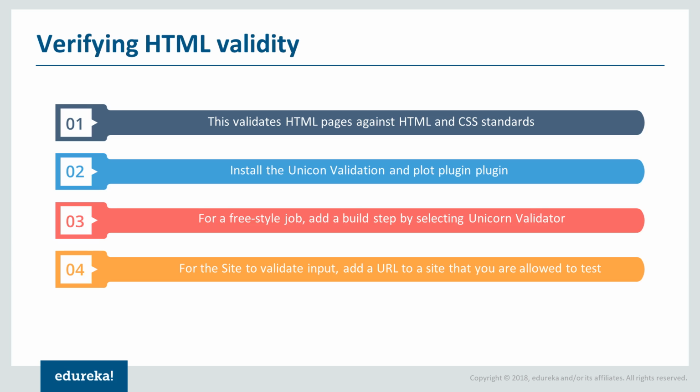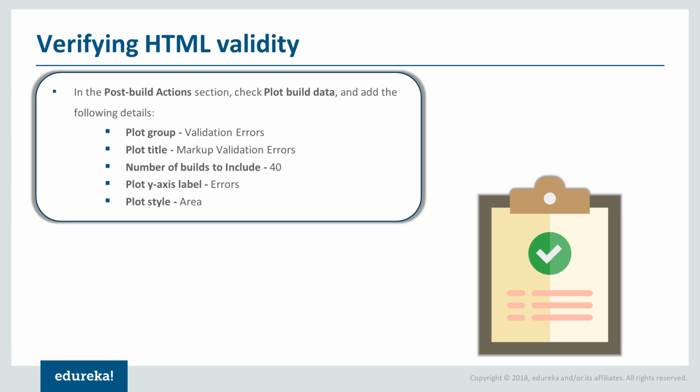If you're writing one HTML page, you need to install the Unicorn Validation and Plot plugin. For a freestyle job and a build step, you just need to select the right build step, which will be Unicorn Validator. For the site to validate input, add a URL to a site which you are actually allowed to test. You need to make sure that you have access to the website or the page which you are testing with this Unicorn Validator. And once you do that, in the post build sections, you need to check plot build